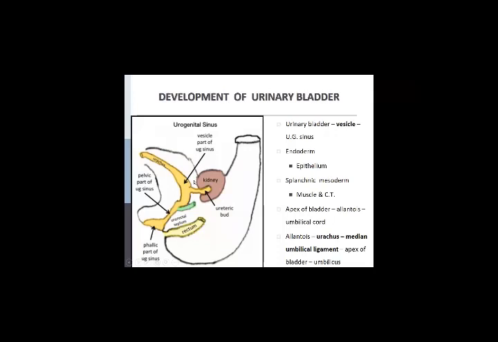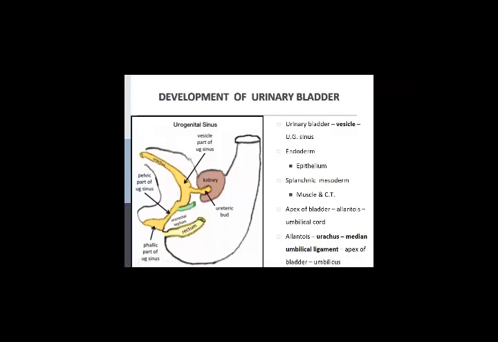So the endoderm of the urogenital sinus develops into the epithelium of the urinary bladder. The surrounding mesenchyme or splanchnic mesoderm develops into the muscle and connective tissue of the urinary